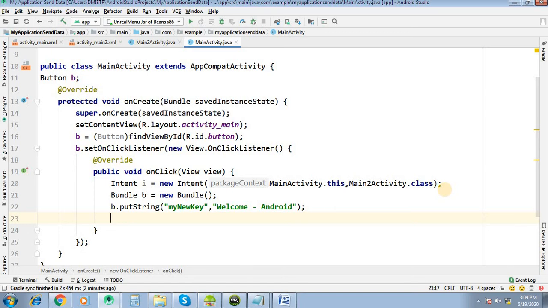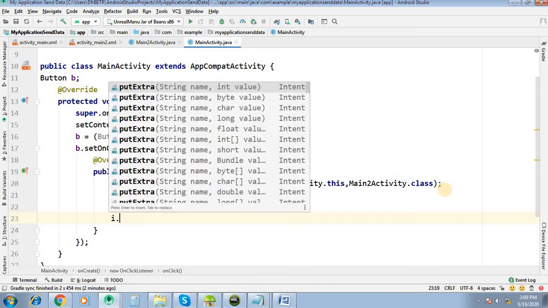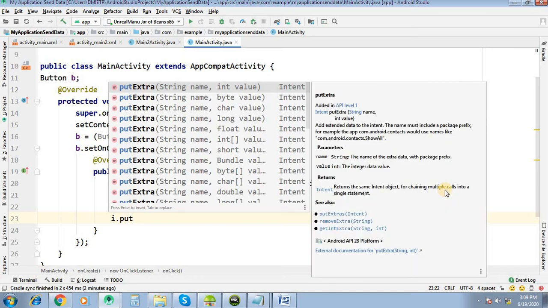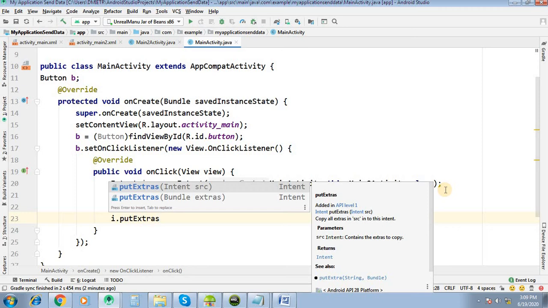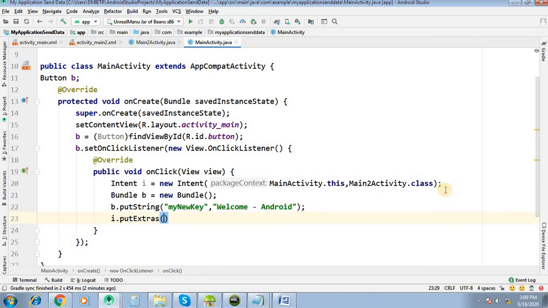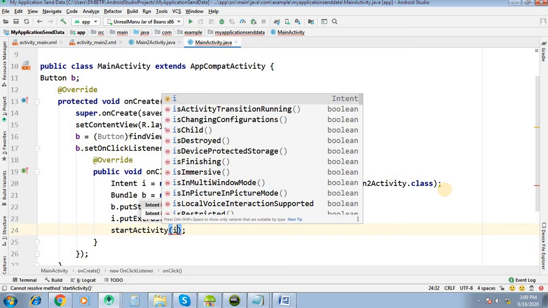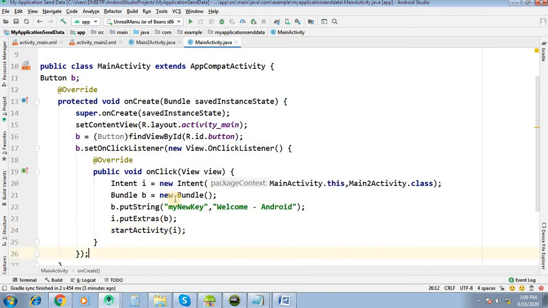Then I dot put extras, bundle B, then start activity I. So this is what we have implemented in activity 1. We are sending this value, welcome Android, to activity 2.